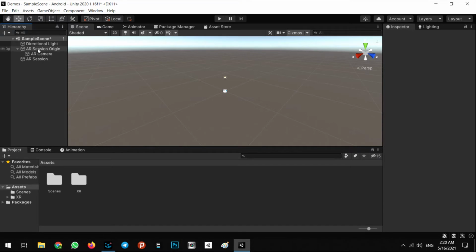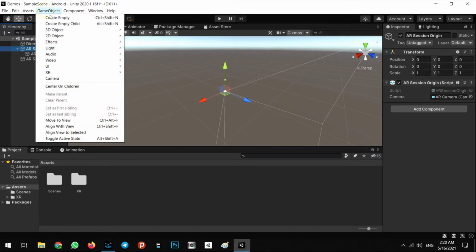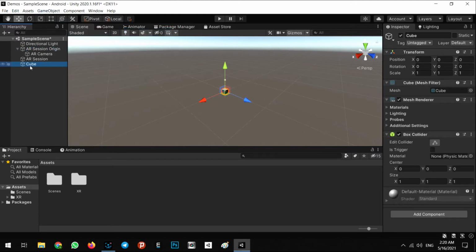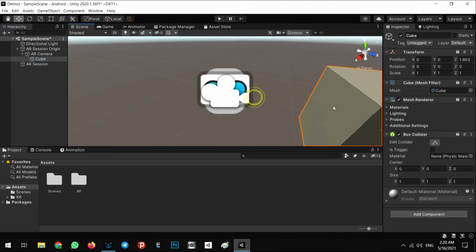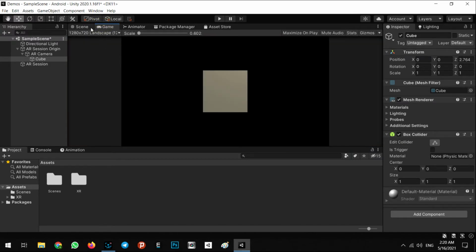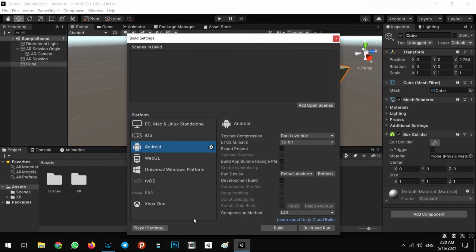For now, as you can see, the position of AR Session and AR camera is 0, 0, 0. So I want to add some simple cube in front of AR camera. It is exactly in front of our view. Okay, I'll put it in here and save, and come here, build settings,